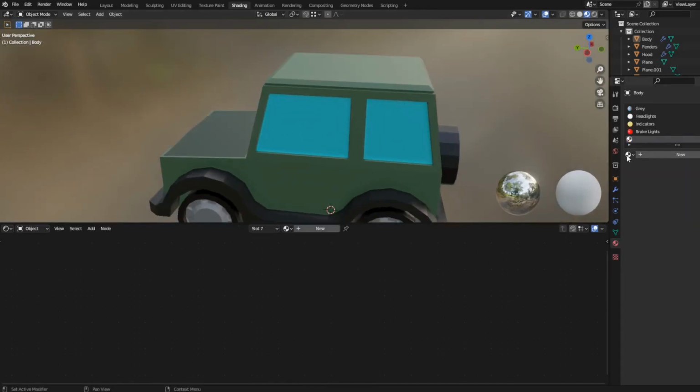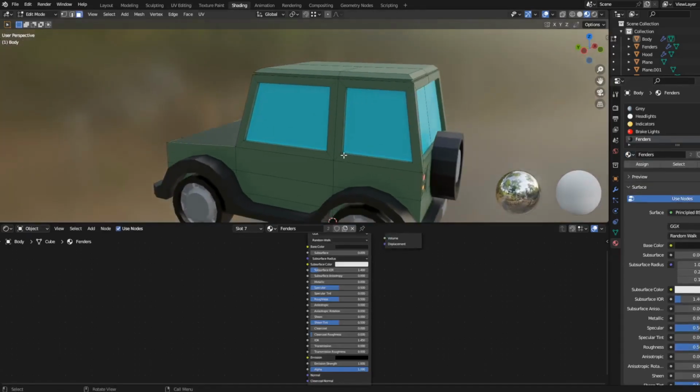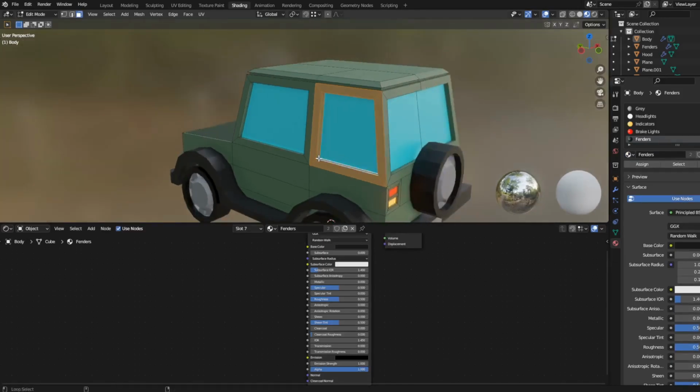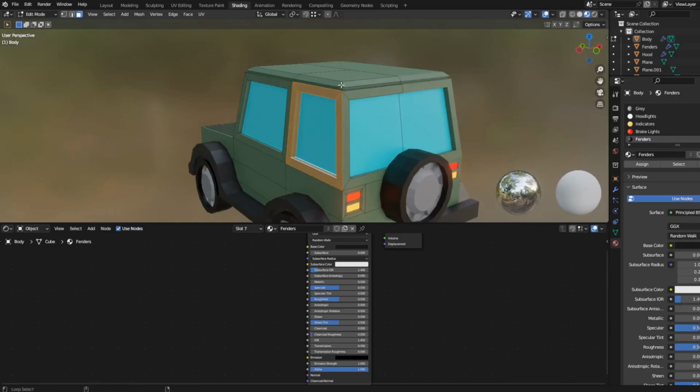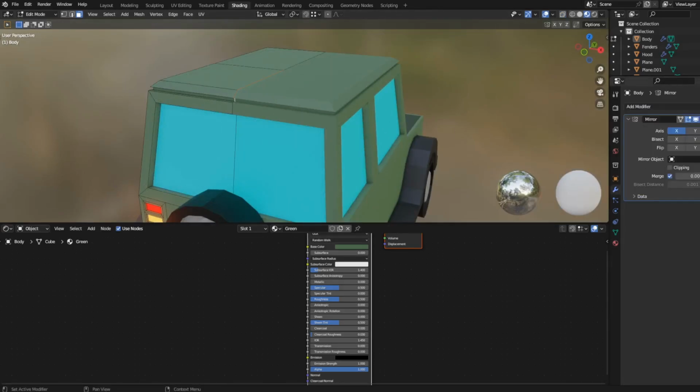So we're going to come here and we're actually going to add in the fenders to this. Reason why, we can go tab into edit mode, and then loop cut around here, loop cut here, loop cut here. Actually, no, we're going to start from up. Oh, I didn't realize. Yeah, just so we don't mess up geometry, we come to the mirror and then we